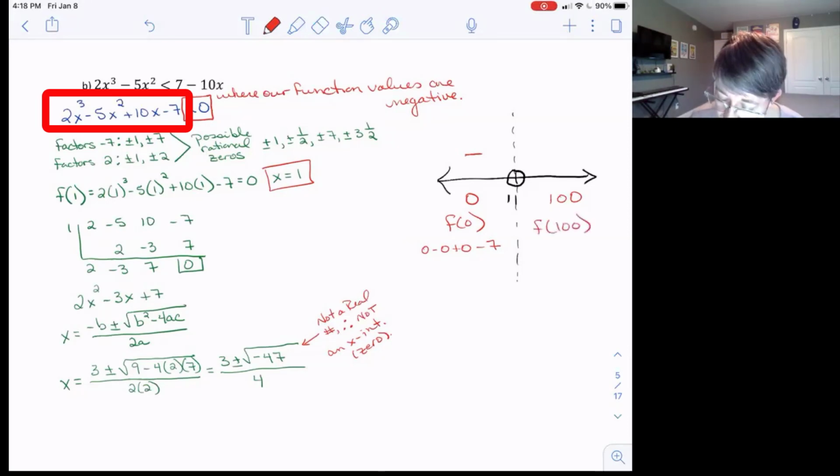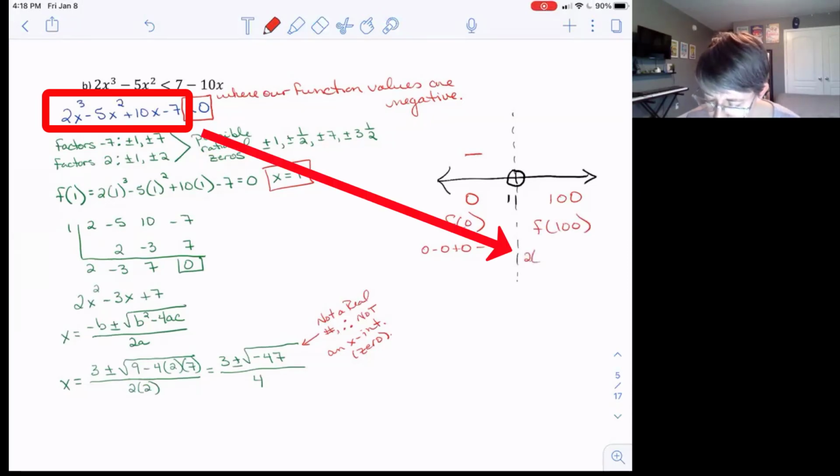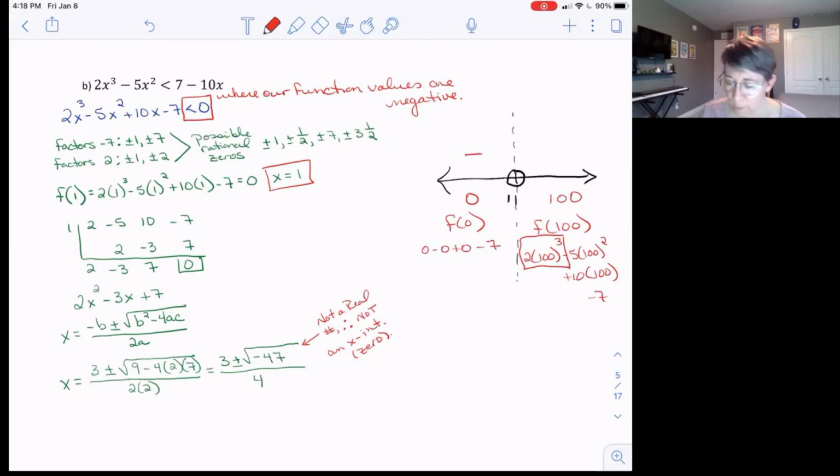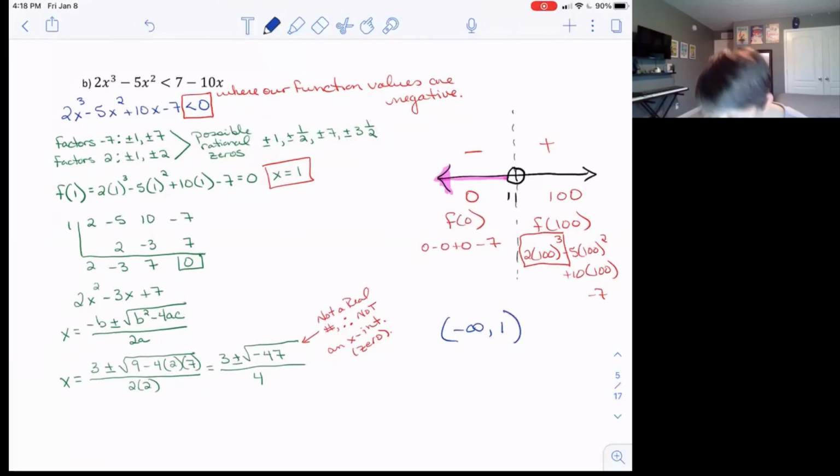So the sign of f of 100 would be 2 times 100 cubed minus 5 times 100 squared plus 10 times 100 minus 7. Well, really, this first term is going to take over, and we're going to end up with a positive. So since we're only looking for values that would give us a y value that's negative, we are only looking for the left side, below 1. So our solution is from parentheses negative infinity to the left, all the way to 1 parentheses,